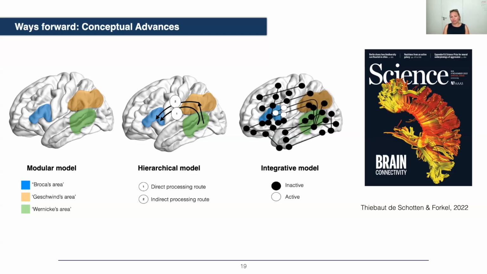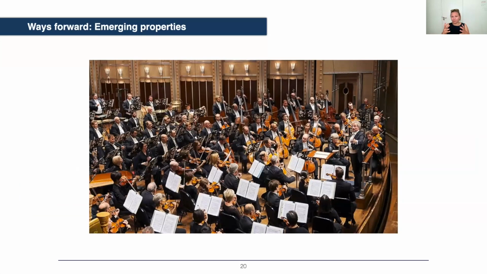And you can think of that a bit like asking an orchestra where their music is. If you think about it, the music is not in the notes, it's not in the individual instrument, it's not in the individual musician, it's not in the conductor, it's not on the sheet of music. The music emerges because all of them come together in a dynamic, timely fashion, and that is what lets music emerge. And this is how we believe language works in the brain. You have all those key players, but only by integrating their function do we get something that is more than just repetition and comprehension, but really a nice